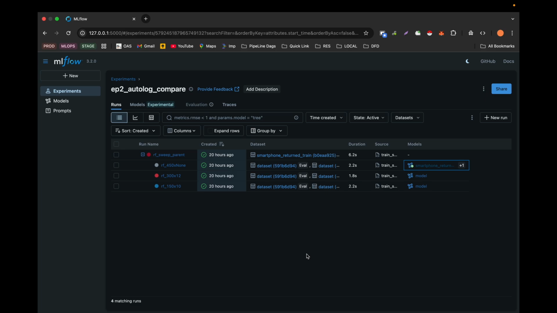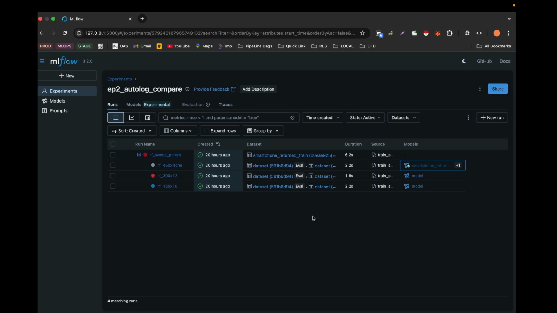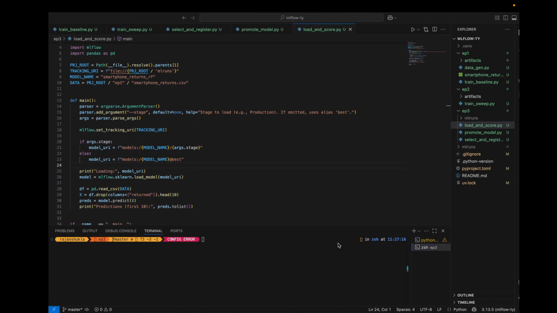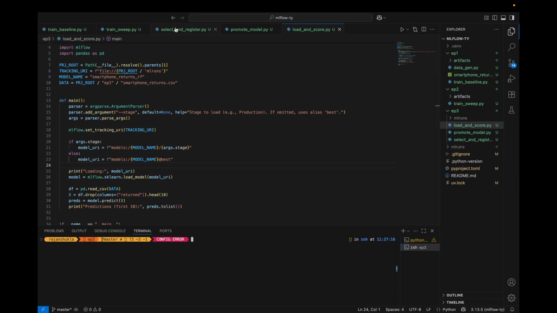then how can we promote the model to appropriate staging, production, and also how can we retrieve any model, meaning using their production stage alias we are going to get the model and do some inference from it. So if you are watching this video for the first time, this playlist has 2 more videos, make sure to watch them. So this time I have written the code